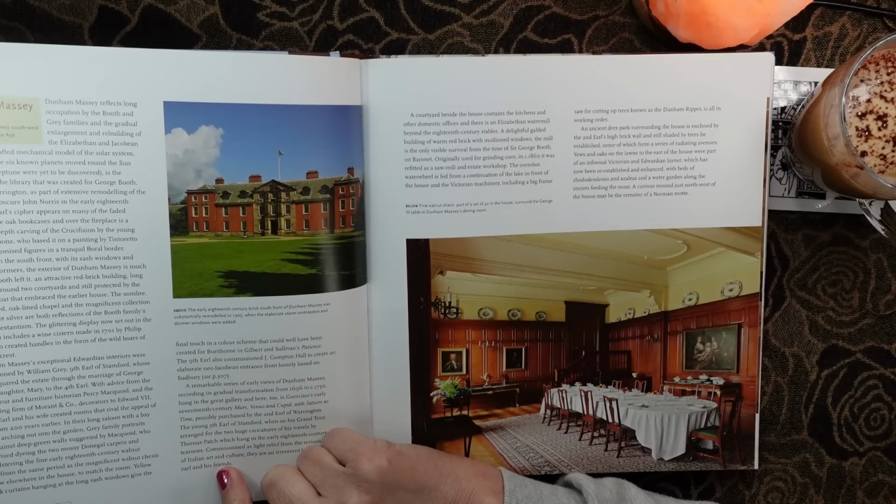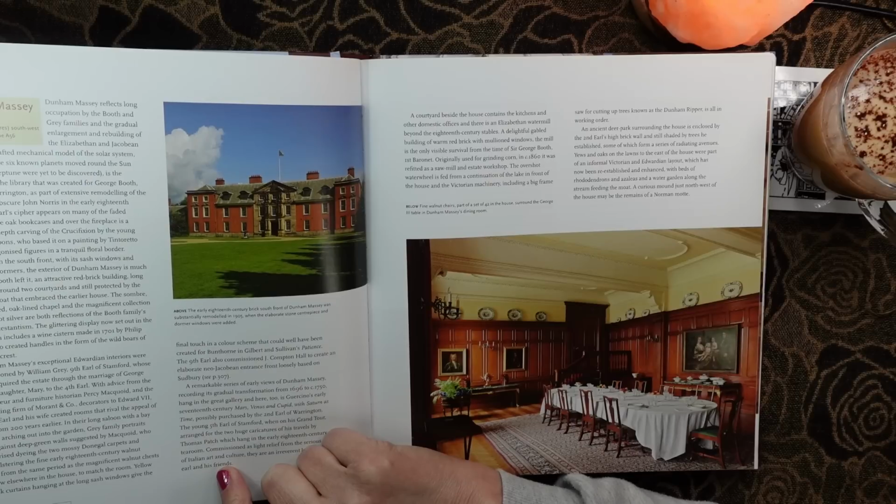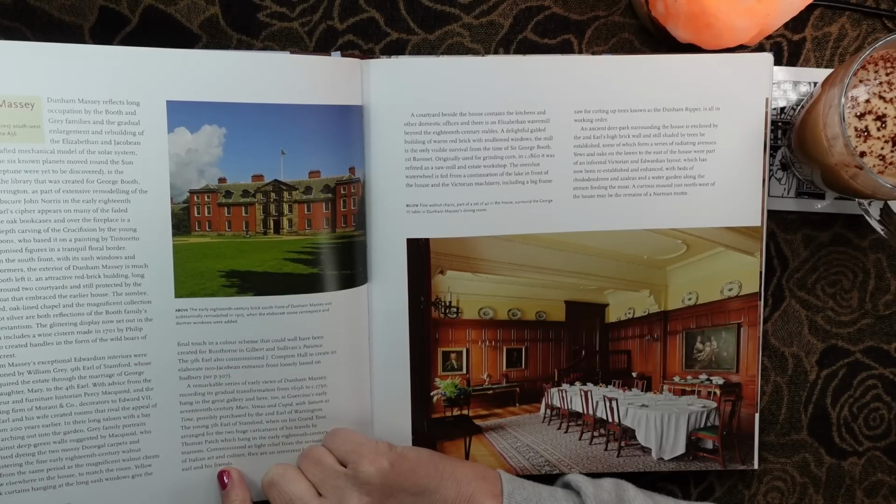System, showing how the 6 known planets moved around the Sun. Uranus and Neptune were yet to be discovered. It's the centrepiece of the library, and we like a good library. That was created for George Booth, an Earl of Warrington, as part of extensive remodelling of the house by the obscure John Norris in the early 18th century. The Earl